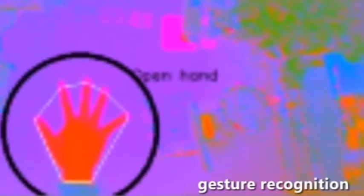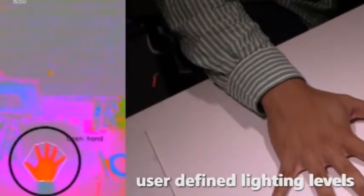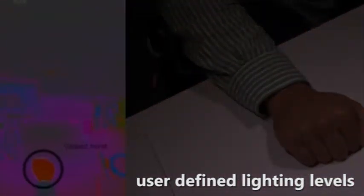We decided to incorporate a gesture recognizer and a colored object tracker to create a human object interface. Our gesture recognizer used orientation histograms to classify open hand, pointing hand, and closed fist. However, we found that although gestures are one of the most natural means of communication, gestures are unnatural with digital